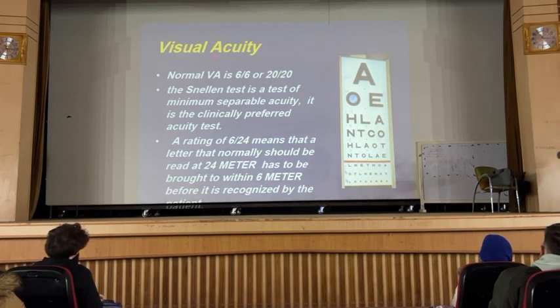So the visual acuity is a subjective test that we use a Snellen chart and we ask the patient to